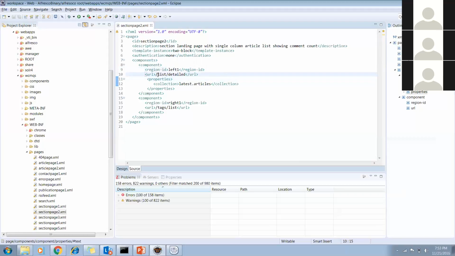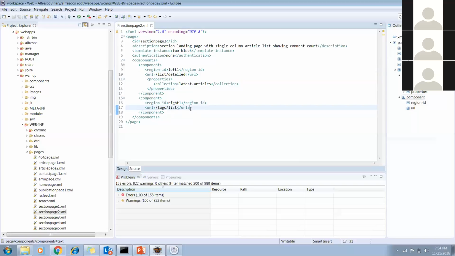After that, the URL. For this region, the left side of this page, I will call this URL, and through this URL whatever data is in my repository should be displayed on the UI. What is this symbol? The data in the repository. Yes, this is a simple REST call to the repository. Before this there will be the context path, localhost, and all those things. So there is a simple URL for displaying the data on the left side, and here is the other component, and this is the URL displaying the data on the right side.